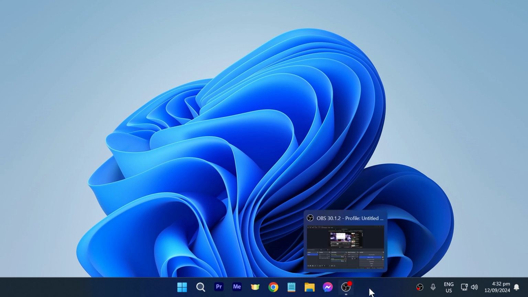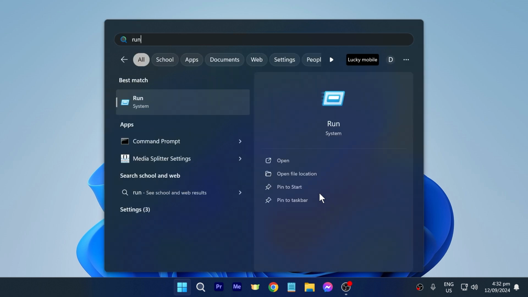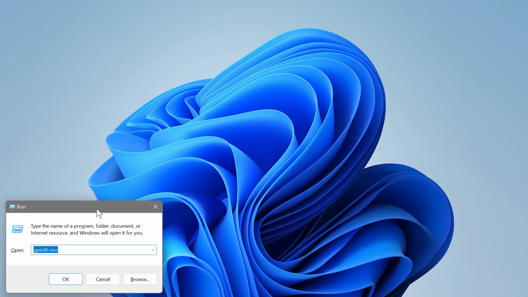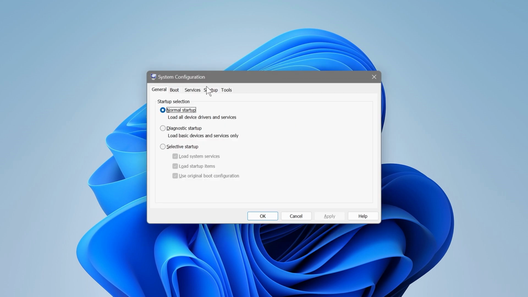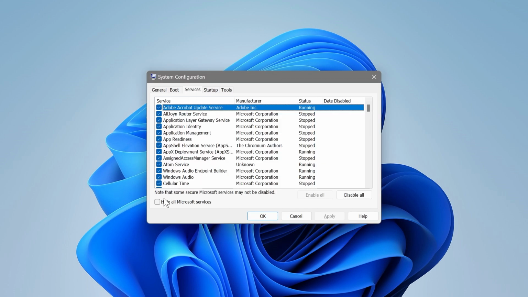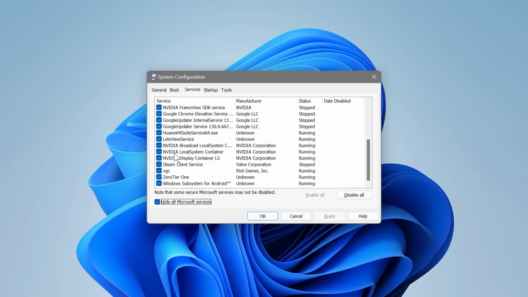I'm going to leave this one here for now because I'm recording, but basically what you're going to do is just open the Run dialog here, and then you're going to go ahead and type msconfig, and then open it, and then we're going to head over to Services. Now here, I want you to go ahead and hide all the Microsoft services, and you are going to see